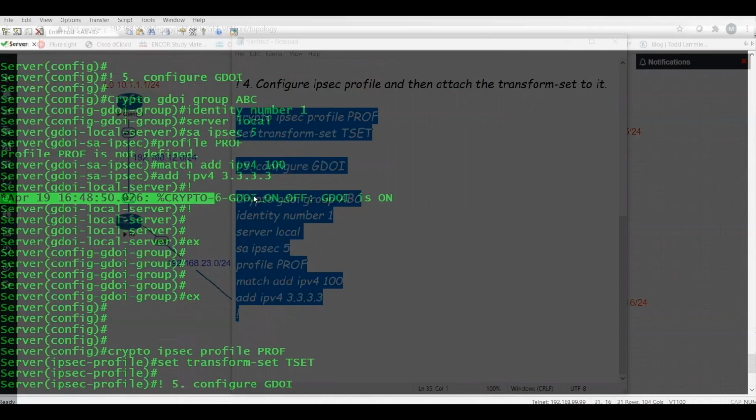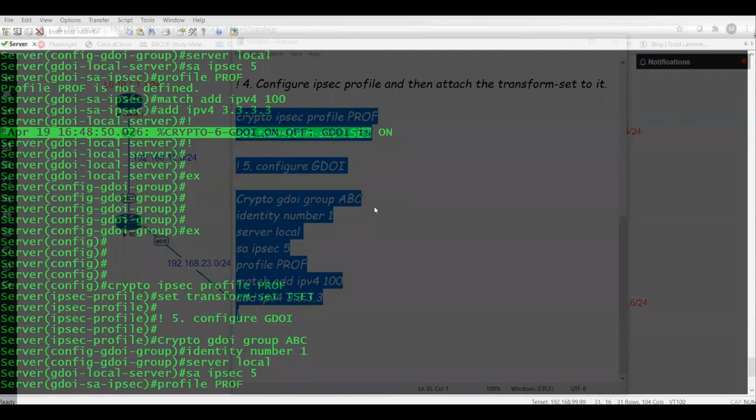You can see the crypto GDOI is on. Now I'll be configuring these group members. I don't have to create any ACL. I don't have to create any transform set. I don't have to define the interesting traffic. I just have to configure phase one